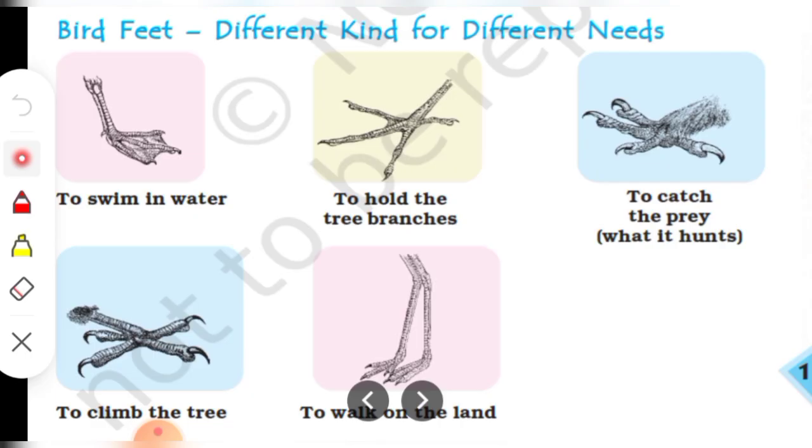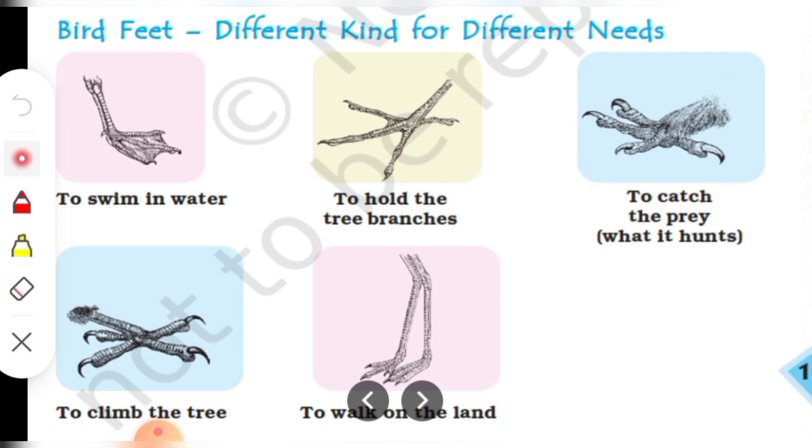Do you know, kids? Birds have different kinds of feet. First one is, as you can see in the picture, these kinds of feet are used to swim in the water. For example, duck. Second type of feet are found in those birds which have to hold the tree branches.